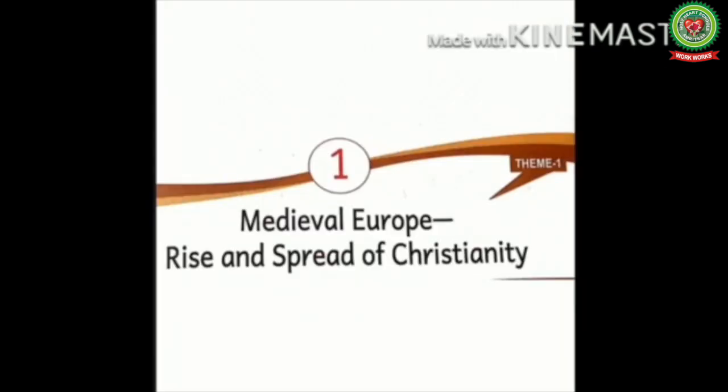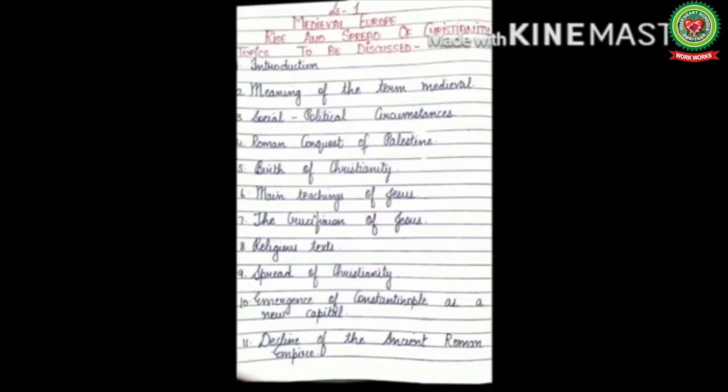We were doing lesson number 1 of History, Medieval Europe, Rise and Spread of Christianity. Topics to be discussed in this lesson are: number 1, Introduction; number 2, Meaning of the term medieval; number 3, Social political circumstances; number 4, Roman conquest of Palestine; number 5, Birth of Christianity; number 6, Main teachings of Jesus; number 7, the crucifixion of Jesus; number 8, religious texts; number 9, spread of Christianity; number 10, emergence of Constantinople